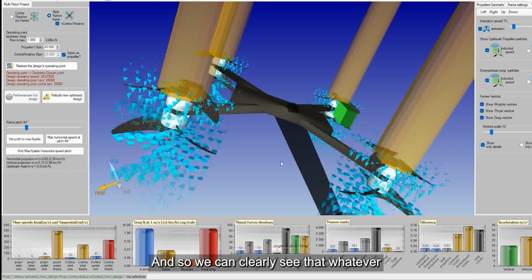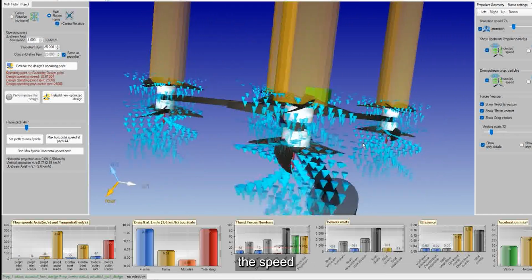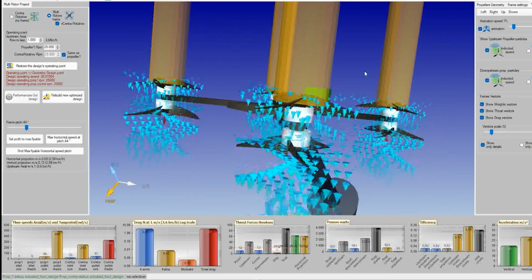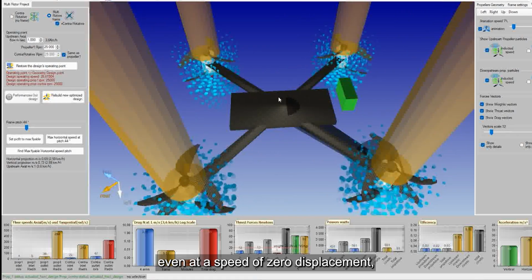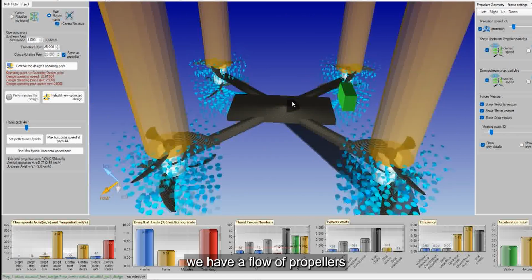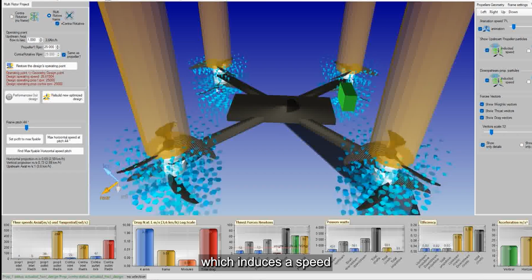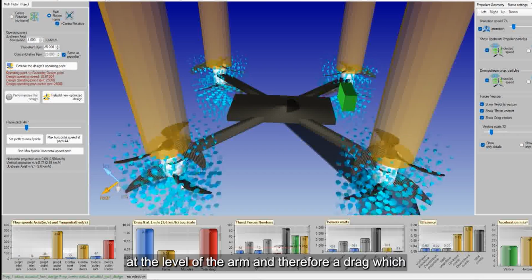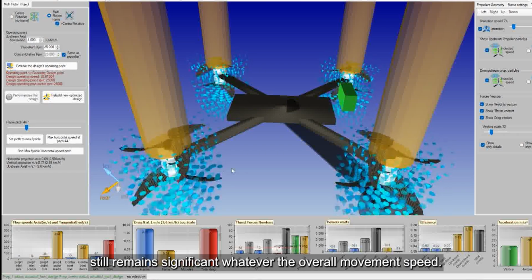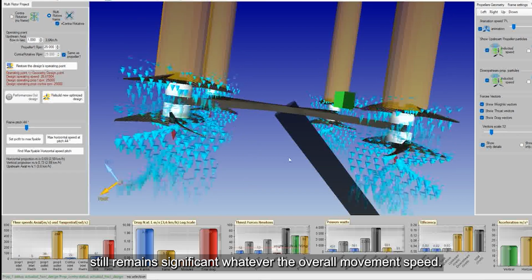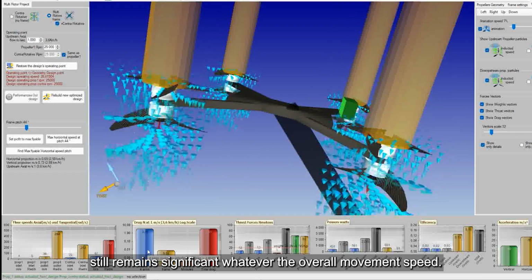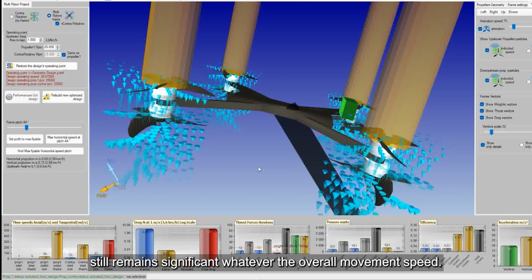And so we can clearly see that whatever the speed upstream, even at a speed of zero displacement, we have a flow of propellers which induces a speed at the level of the arm, and therefore a drag which still remains significant whatever the overall movement speed.